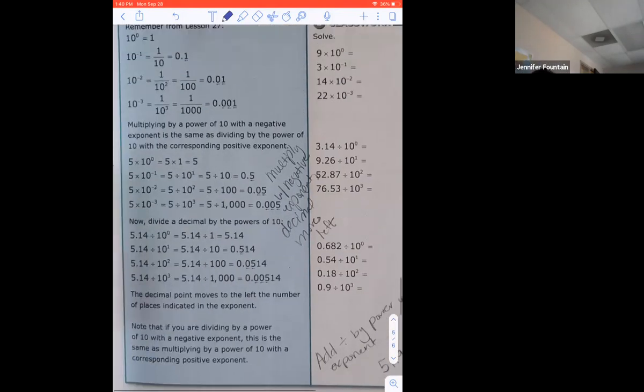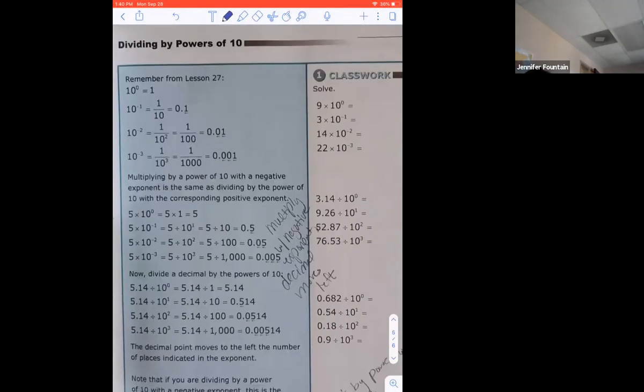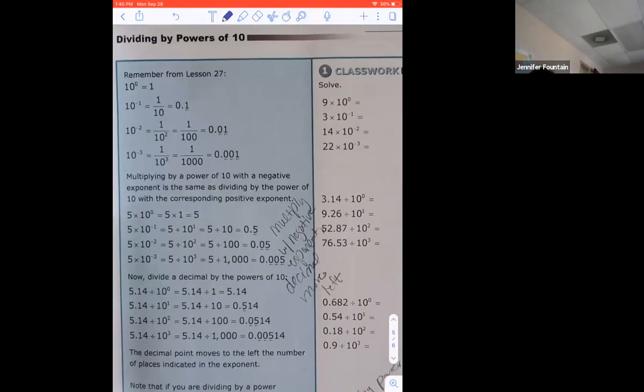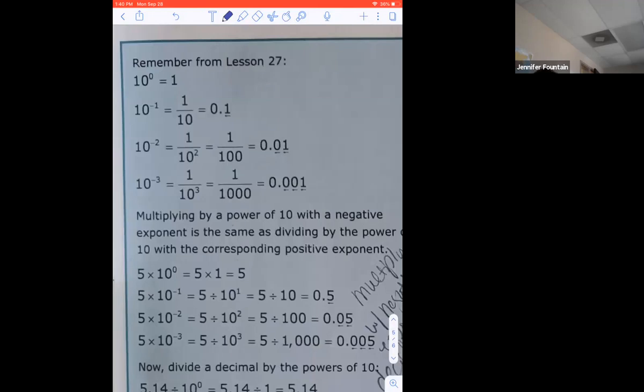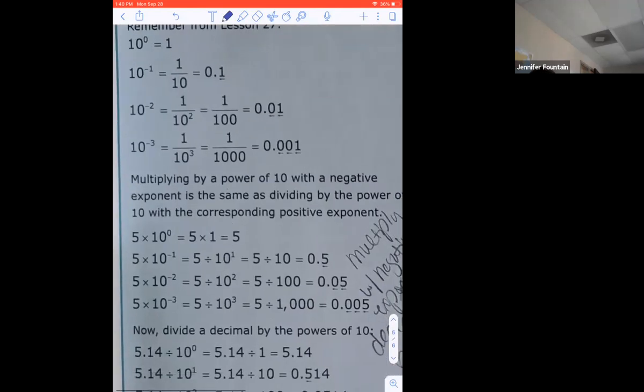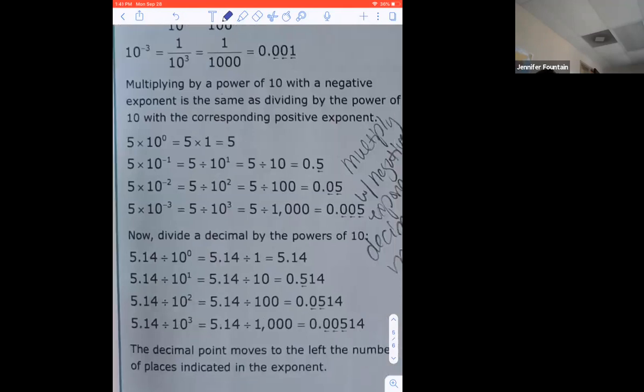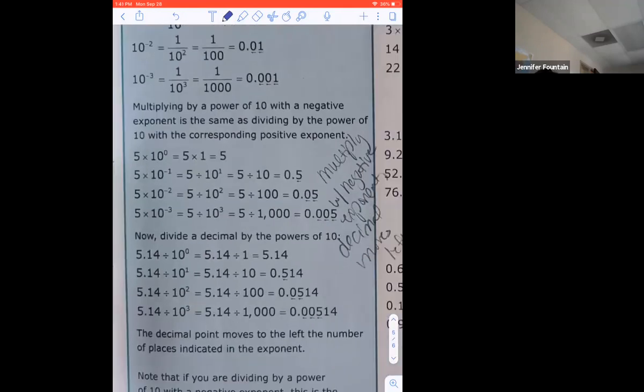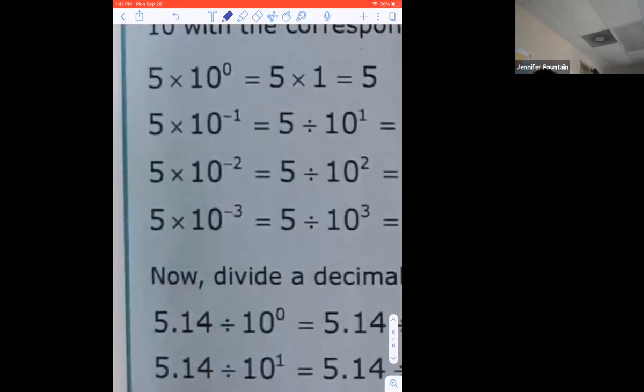So let's go ahead and take a look. Dividing by powers of 10. So it says, remember from lesson 27. We just went over that, that when I had a negative exponent, it is the same as dividing by the power of 10. Okay, so when I look here, we can see that, and actually they should have changed this to dividing by,